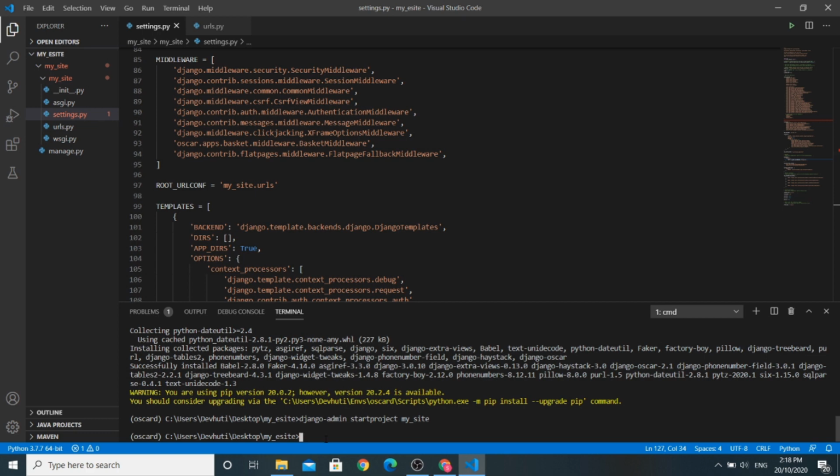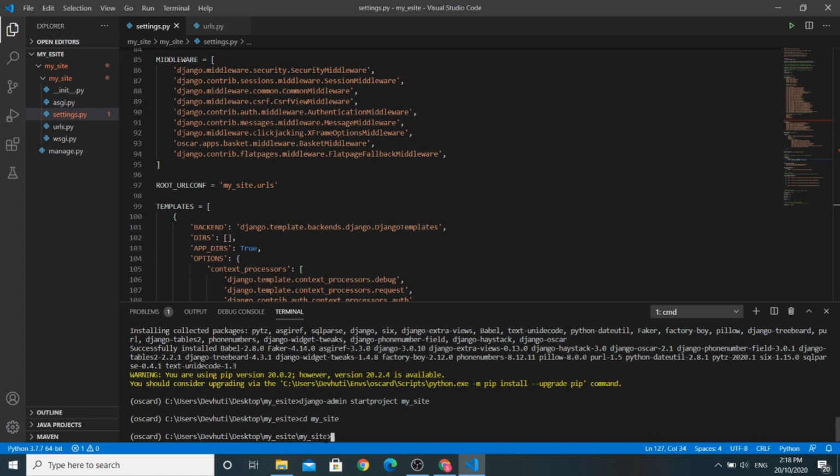Okay, so now let us go ahead. We need to cd into the mysite folder. After that, let us run the python manage.py makemigrations command.